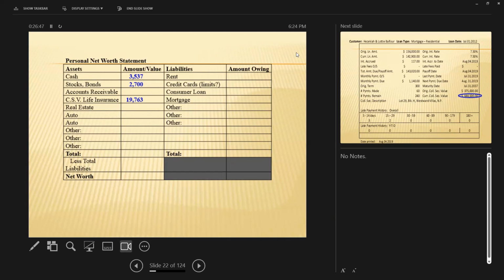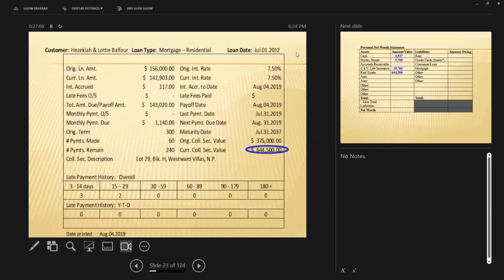In the write-up, it says, upon completion of the apartment, the Balfours' residence will be valued at $679,500, and they're borrowing $35,000 to add the efficiency apartment. So if you subtract the 35,000 from the 679,500, that will give you your 644,500. Okay, so that's another way of double checking it, because they're using that full $35,000 to add on the efficiency. So at the end, when that's completed, the value of the house will go up